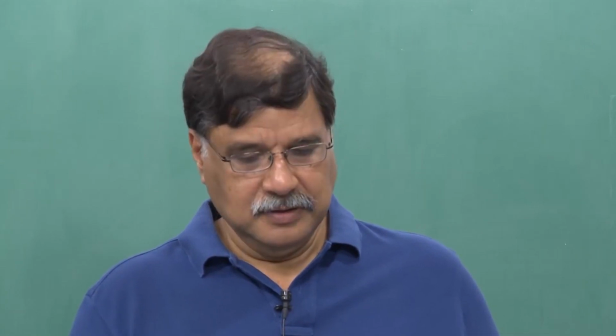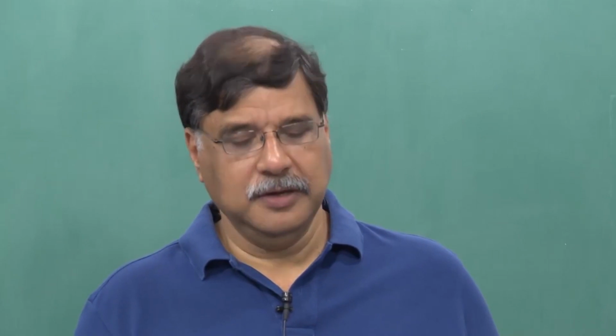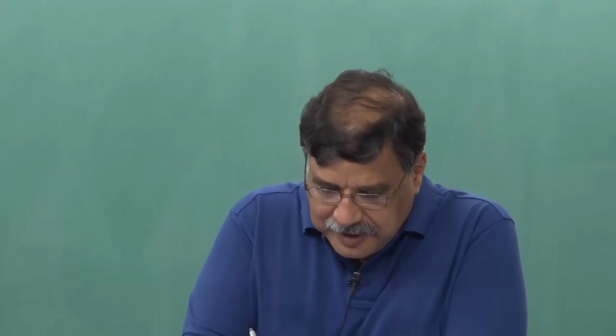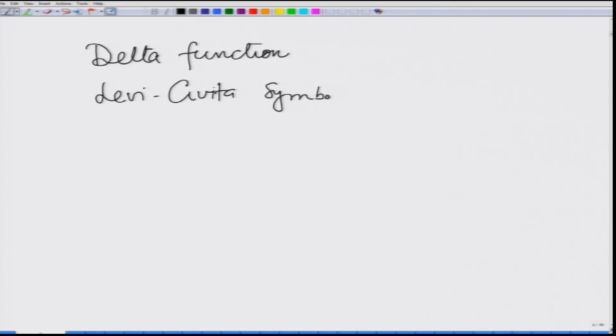In this lecture, we are going to look at how to write symbolically in a very compact way, and I am going to introduce something called the delta function and the Levi-Civita symbol. This I am going to denote as delta ij, and this I am going to denote as epsilon ijk,